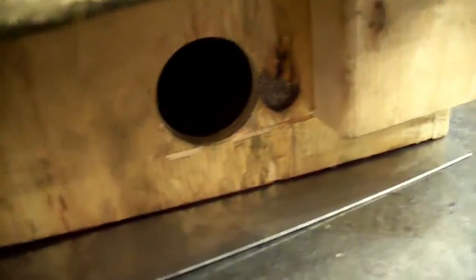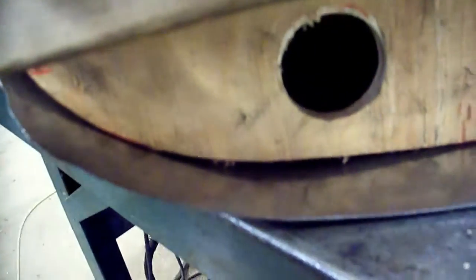So now we're going to be working on this side. I've got to get my scribe mark in there and then add